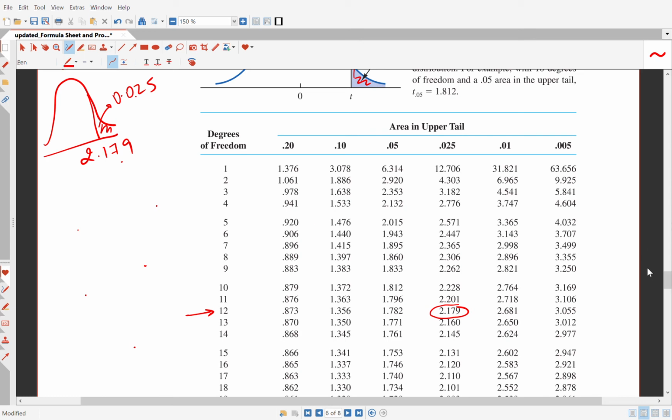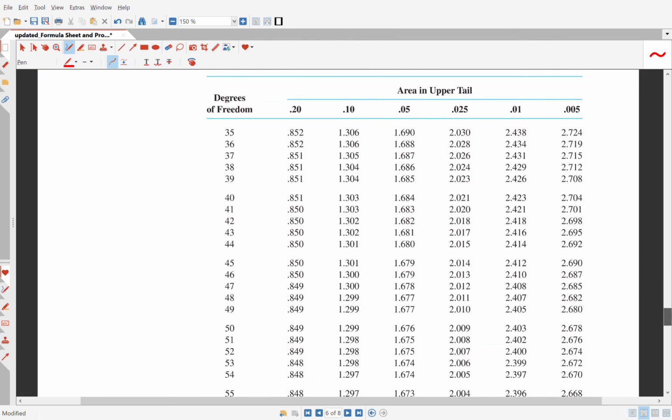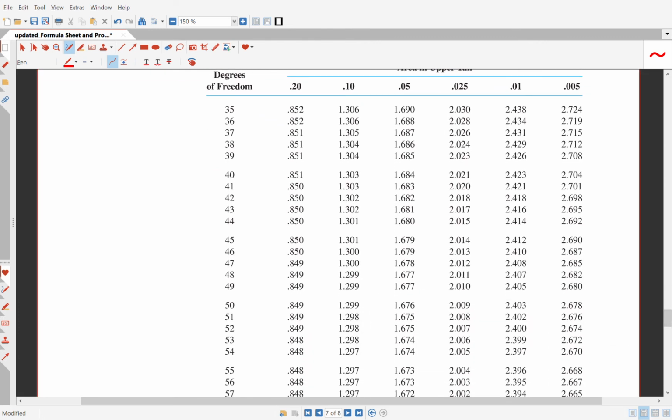So 50 degrees of freedom are on the next page, so let's go there. Here we are, and it says lower tail area of 0.05. Lower tail area means area to the left. So the left area is